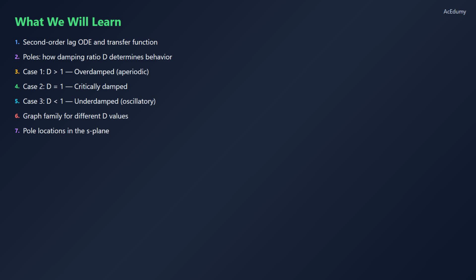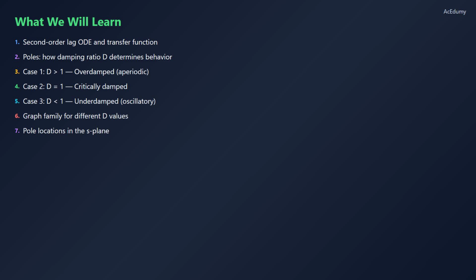Welcome to Lesson 13. In the previous lesson, we studied step responses for first-order systems. Now we move to the second-order lag, a system with two energy storage elements. The damping ratio D determines whether the response is smooth, critically damped, or oscillatory. By the end of this lesson, you will understand all three cases and how pole locations in the S-plane control